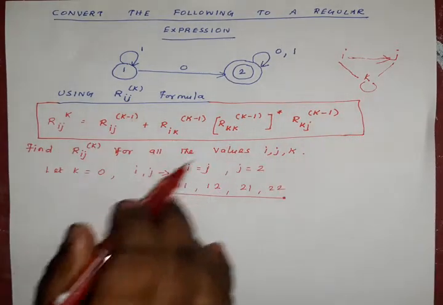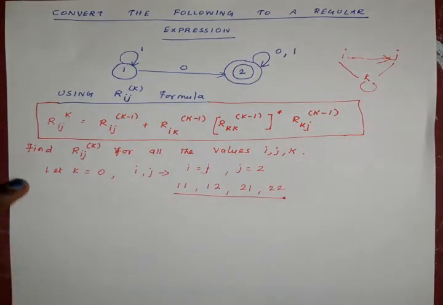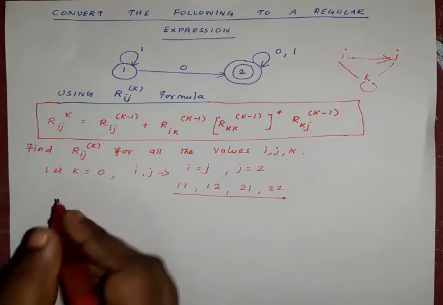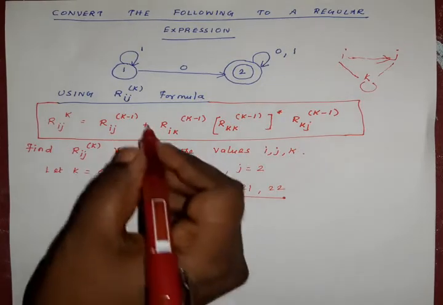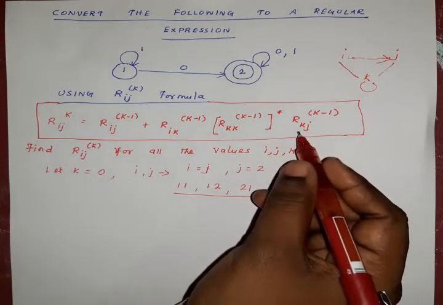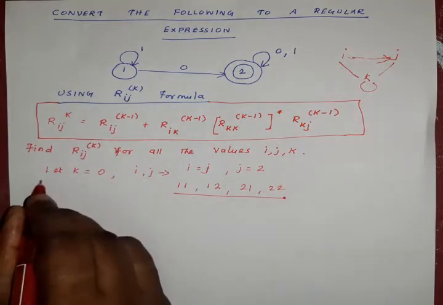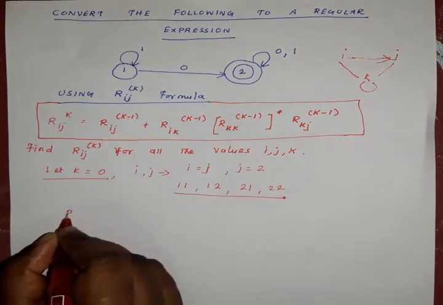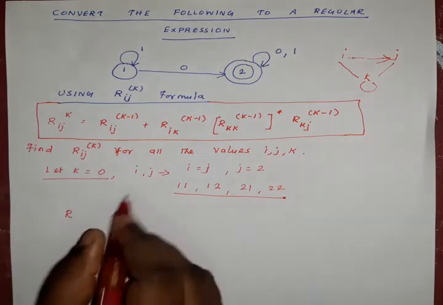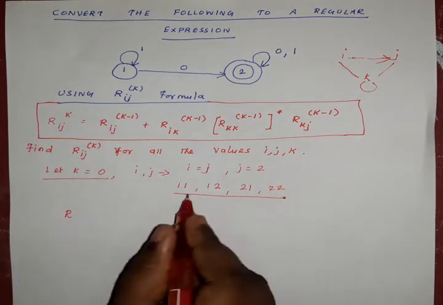This formula is very important to solve a particular given problem, so you have to memorize it. Without this formula, we can't find a solution for the given finite automata. So let us find it. We have to substitute the values into this formula. First of all, capital R is the regular expression. So for this condition, we take the R_ij values initially for the 4 possible combinations.